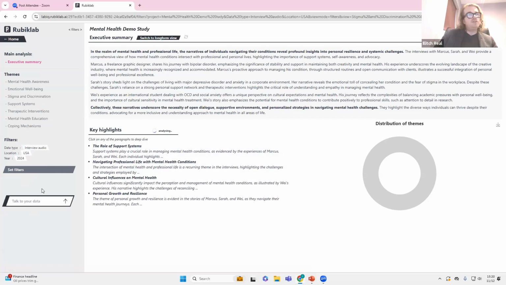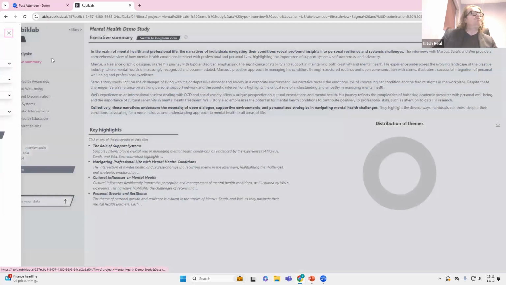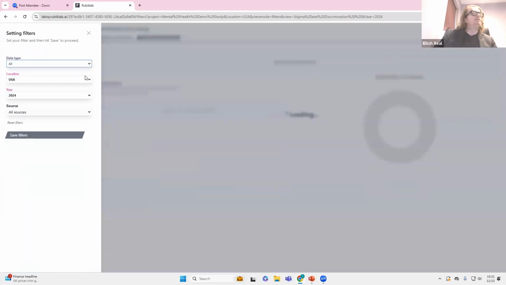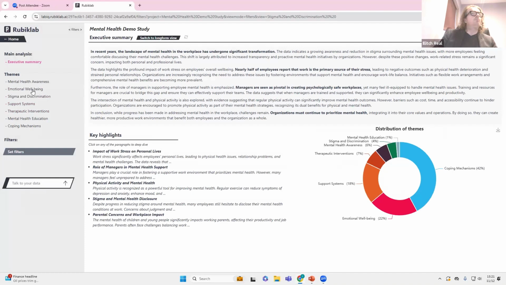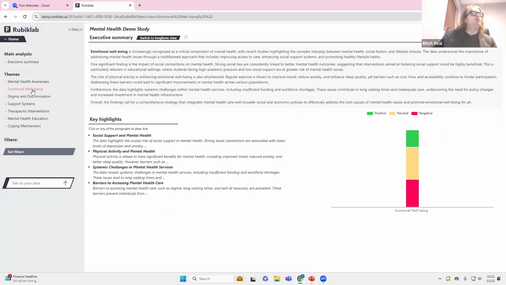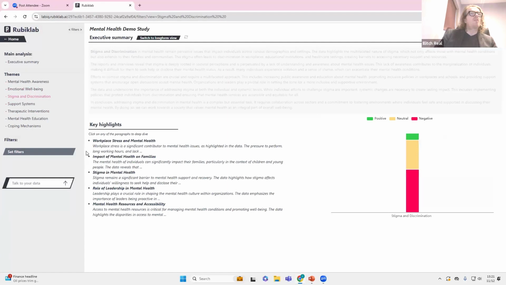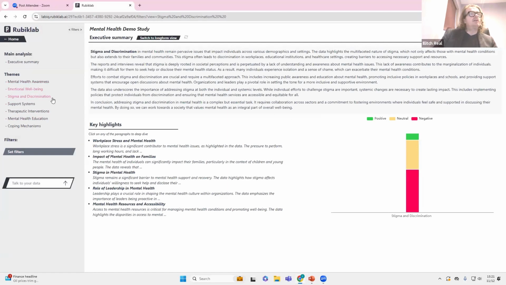So there's one more key feature that I would like to share. So let's remove all the filters and look at the whole data set. And let's say, for example, we want to look at stigma and discrimination. And as I showed earlier, part of the data is like a panel in Japan. And yeah, maybe we can go and ask a question around stigma and discrimination in Japan. I say, is there